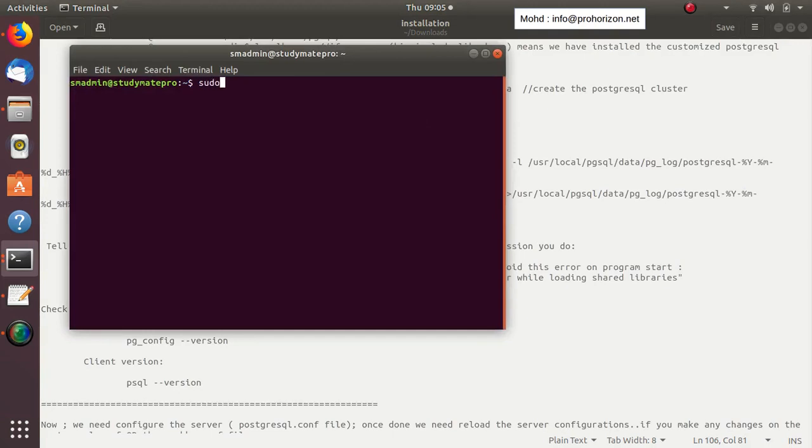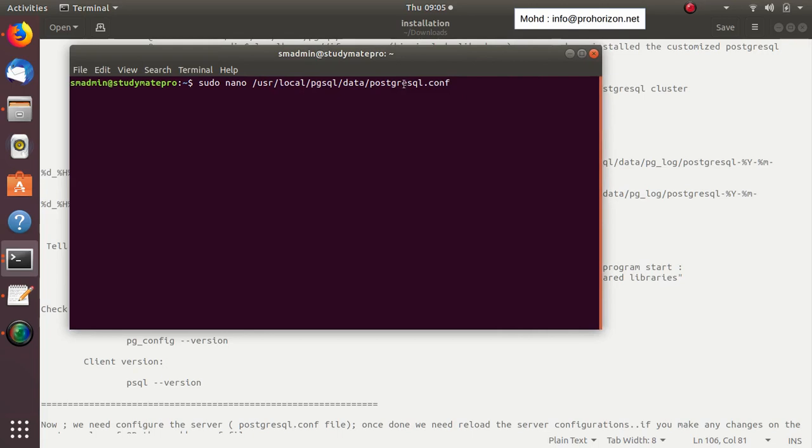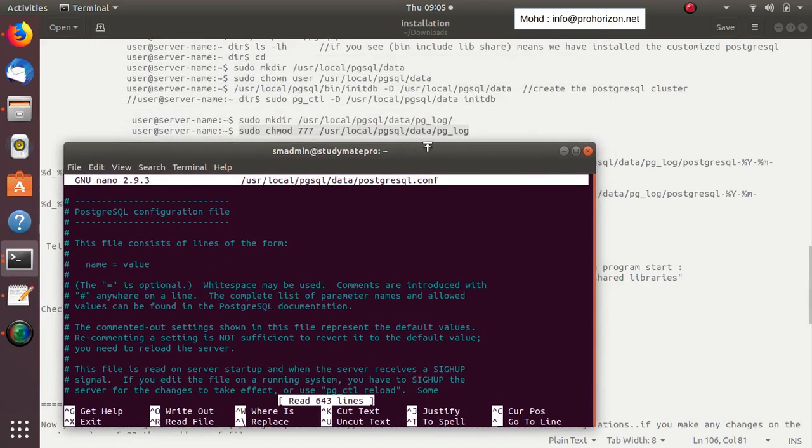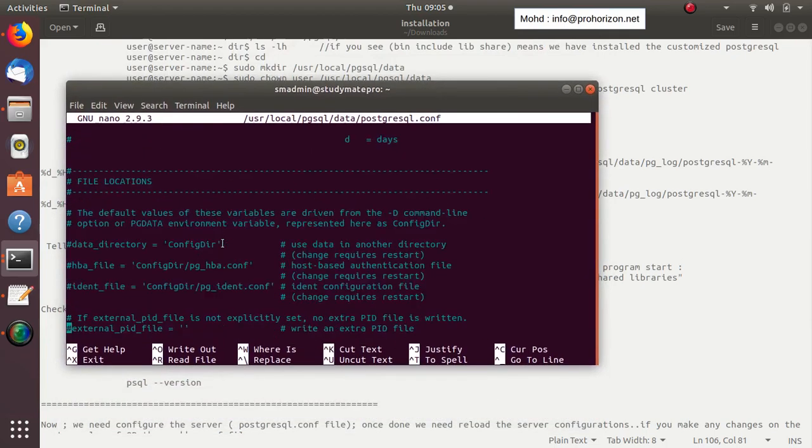So sudo nano /usr/local/pgsql/data/postgresql.conf. Now this is the server configuration file. Any configuration about the server should be done in this file, and this file resides in the data directory. Okay, now we're talking about the log file directory, and if you scroll down almost to the bottom,